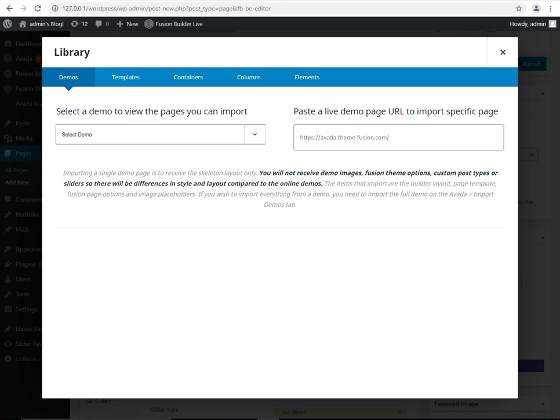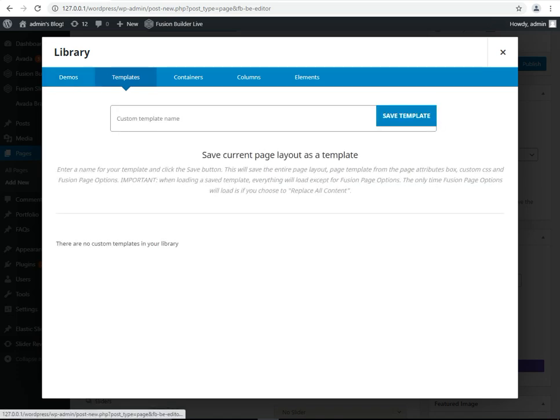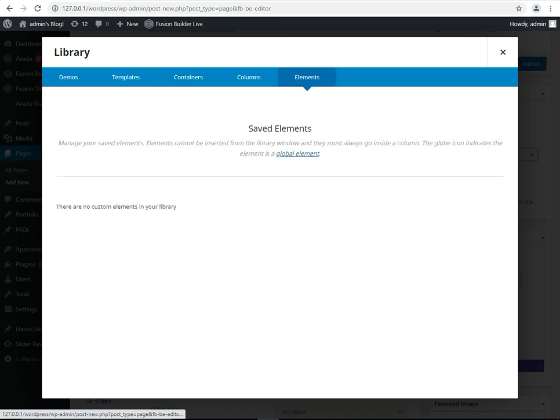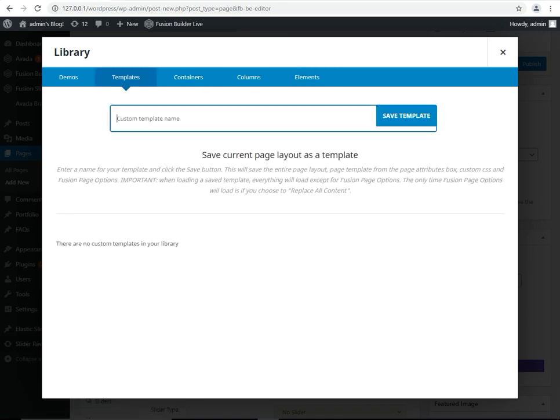Going to add a pre-built page. Click on pre-built page, because there are many pre-built pages available, and you will see amazing different types of pages. Custom template name, containers, elements. Where are the templates? Home page.